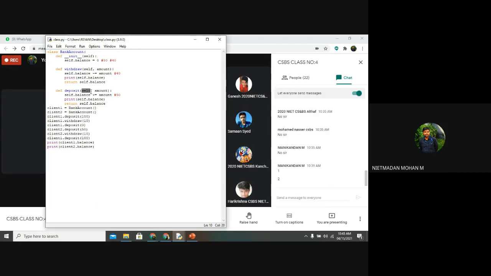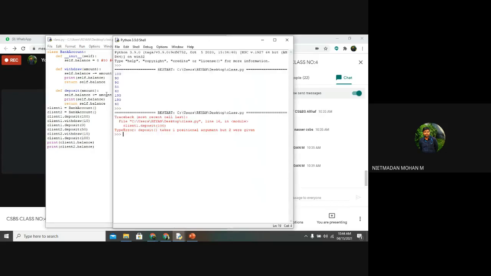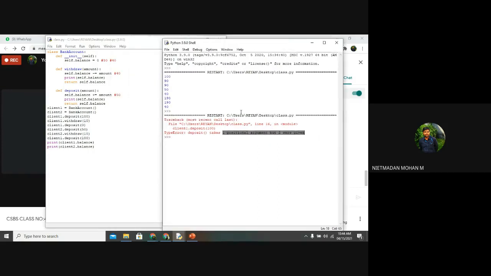If suppose I am not using the self option, then here I am passing one argument, and here also I am passing one argument. So it will not get the result. It will display the error that one positional argument was expected, but 2 were given. So we have declared only one positional argument.